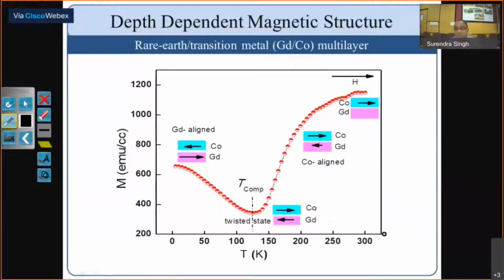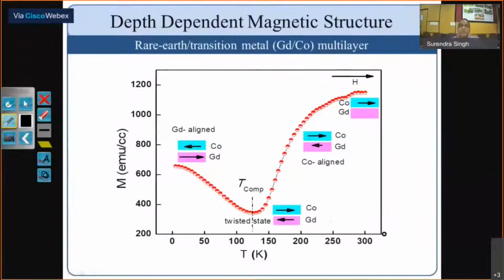But there are systems where the magnetic structure is changing, where the magnetization in the whole layer is not aligned with the field, and there is some rotation and other things happening. Then we have to get that magnetic structure, and that can be done best by